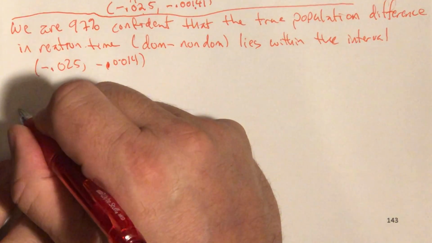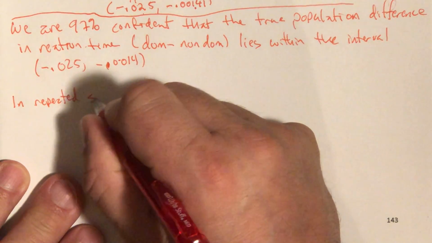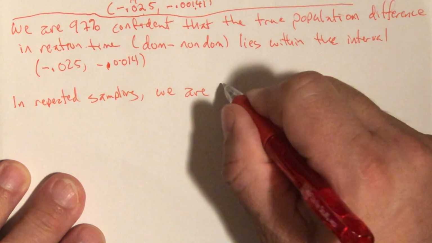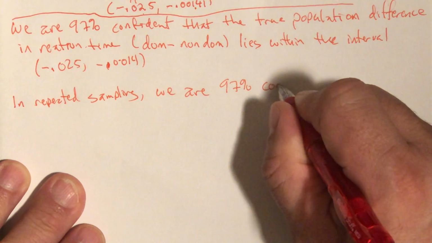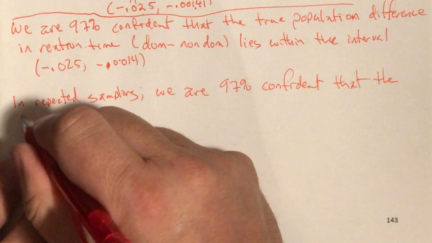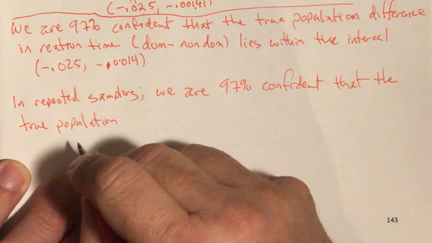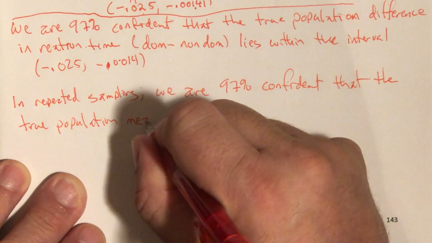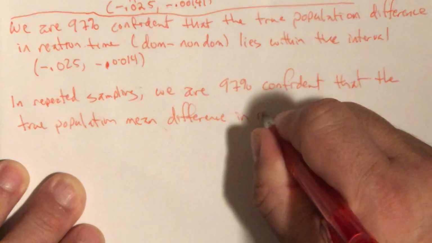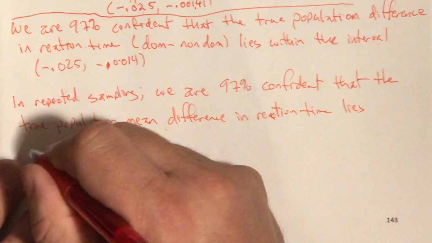So if we did this over and over again, in repeated sampling, we are 97% confident that the true population mean difference in reaction time lies